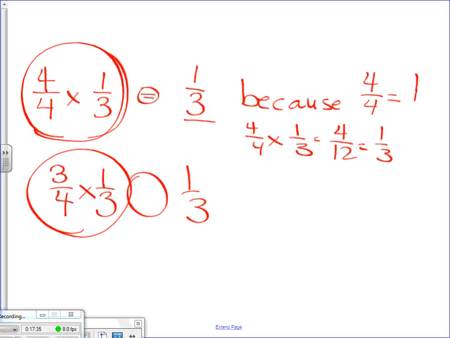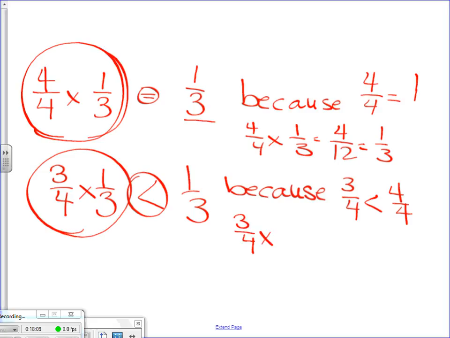Yes. So this product here would be smaller than the original 1/3 because 3/4 is smaller than 4/4. So it would make your answer go down when I multiply it. So because 3/4 is smaller than 4/4. So if you wanted to check that,